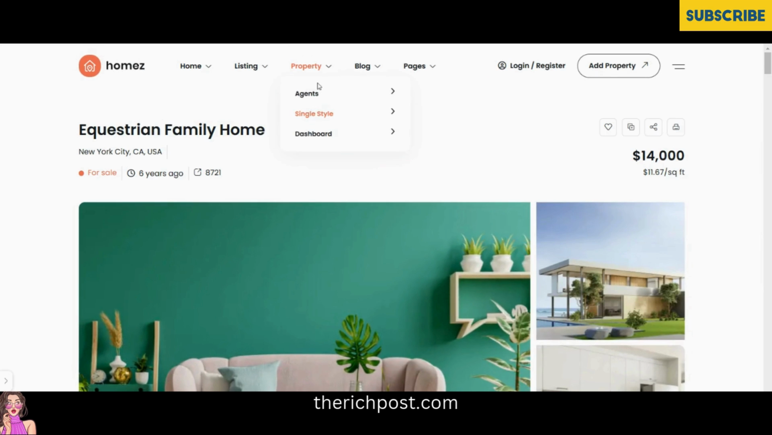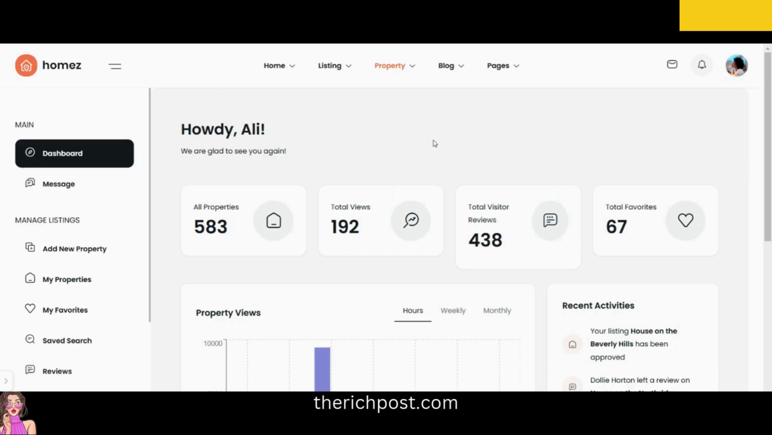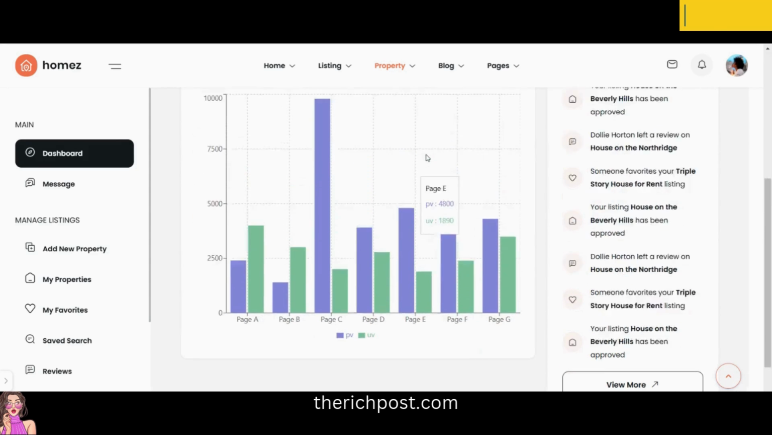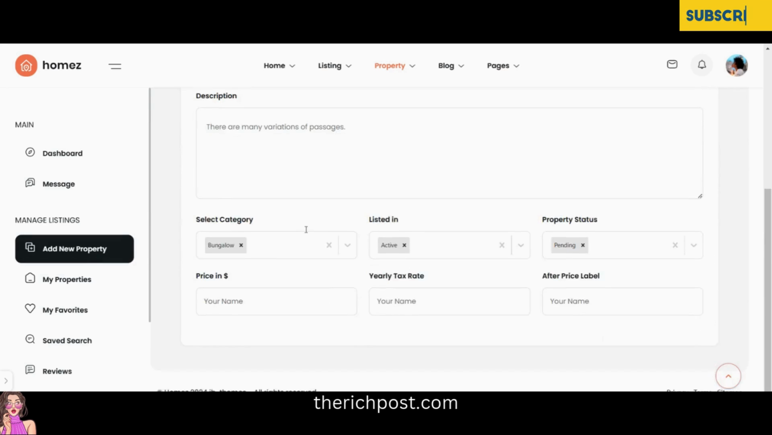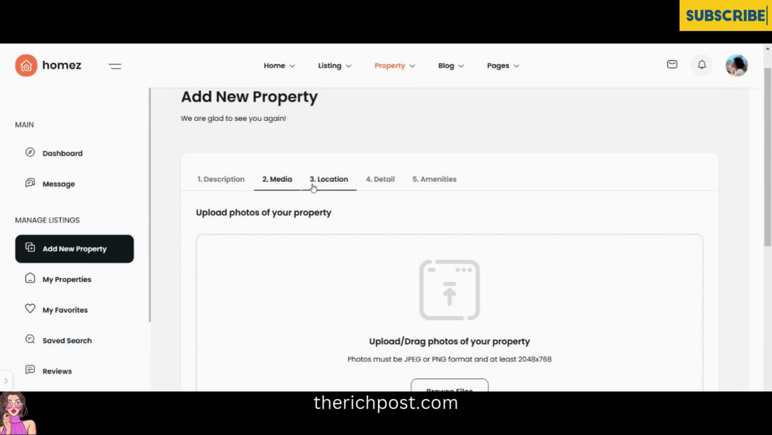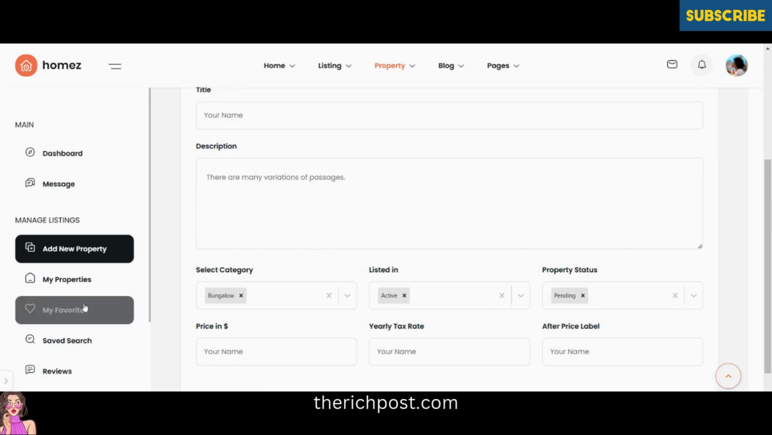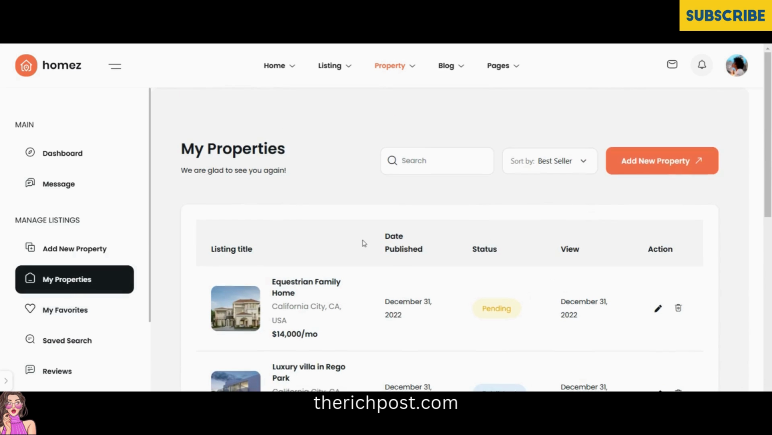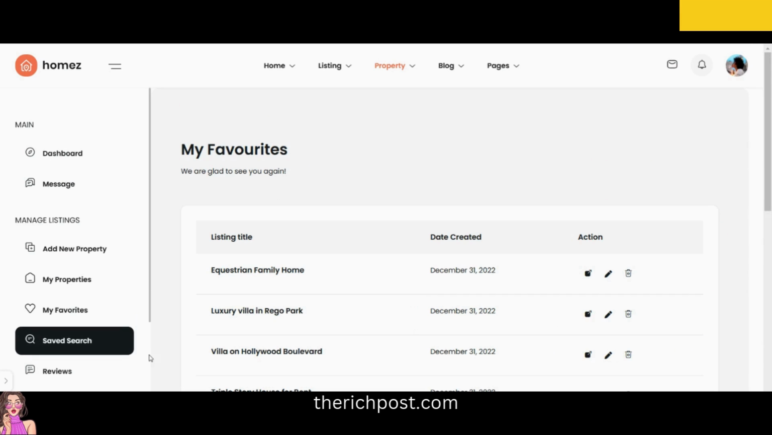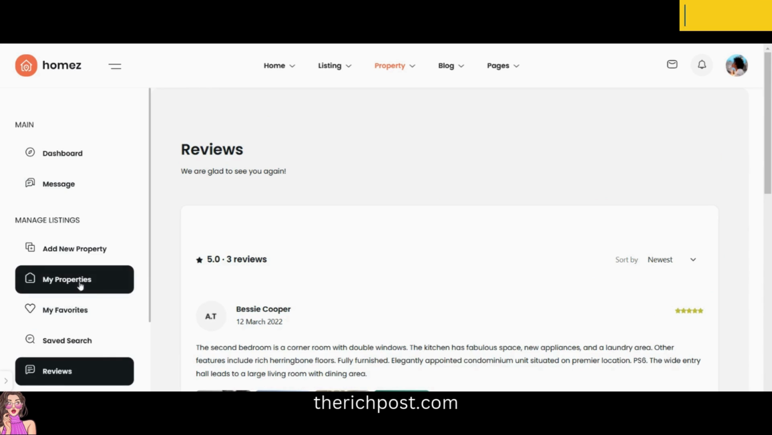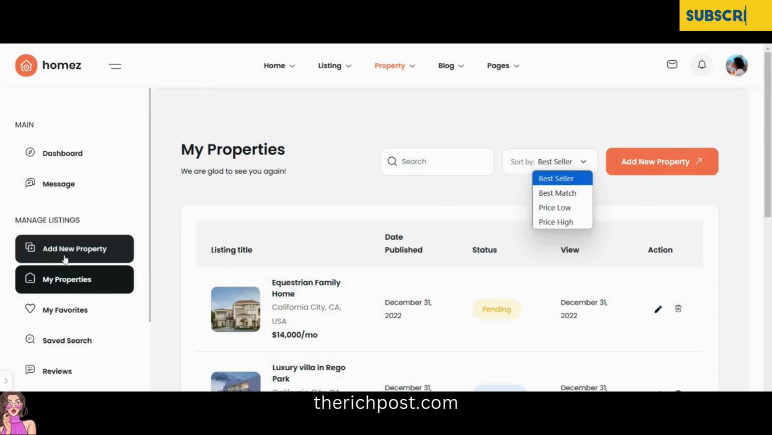Also the dashboard, like dashboard home. I will open next. See, dashboard home, message, add new property section. See guys, media, location details, these, see my properties, see friends, my favorite property, save search and reviews as well, add property form as well, see,